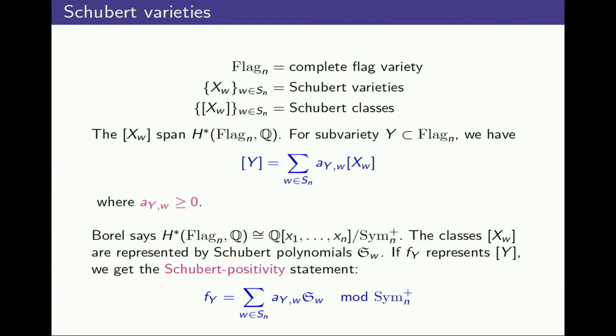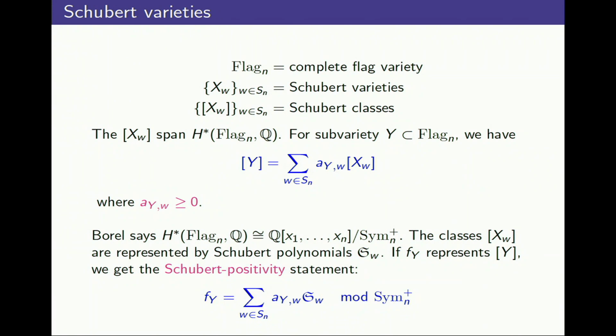Already this picture appeared in Anna's talk, so here's a crash course in case you missed that talk. But right, so what's my context? The complete flag variety contains a distinguished set of Schubert varieties which have classes, Schubert classes. They span the cohomology ring. And now I get to play my standard game. For any subvariety inside this guy, you can ask for the expansion of this class in terms of Schubert classes. Right? And for geometric reasons, that these are intersection numbers, you know that these coefficients that come up are going to be non-negative.